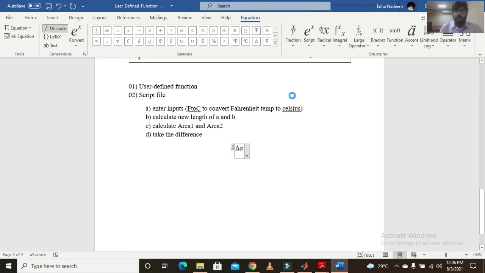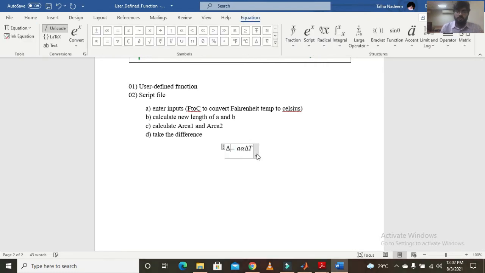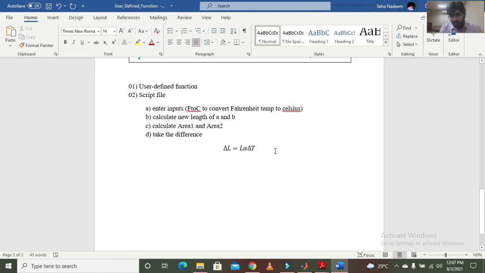So you can say that delta A is equal to A alpha and then delta T. And if you don't want to take it as A, if there is a confusion between A and alpha, just take it as the length, and L is basically the initial length. Or you can even take it as L1.